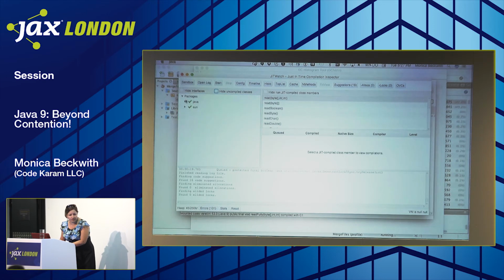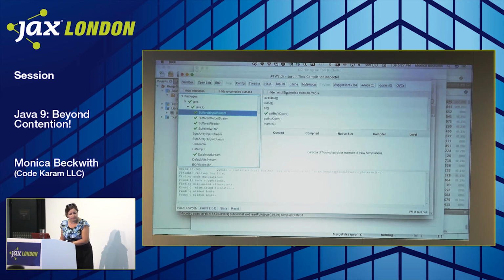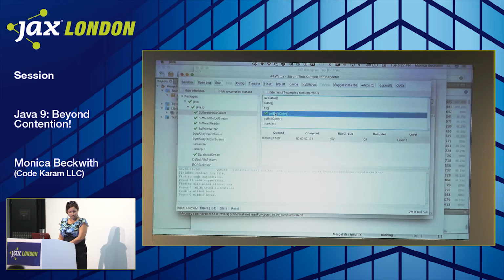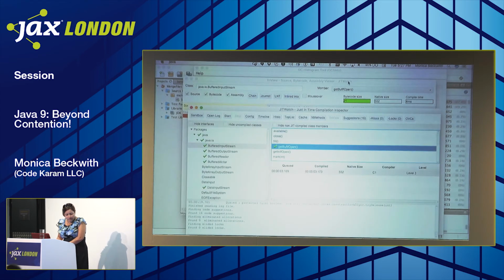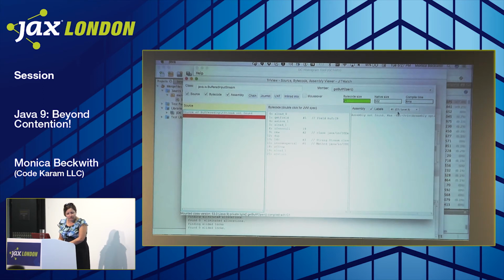But let's just go look at one of them. You could say non-JIT compiled, but let's just go to this one here. What's interesting to me, I mean, you can look at all these things, but what I wanted to show you here is the try view right there.